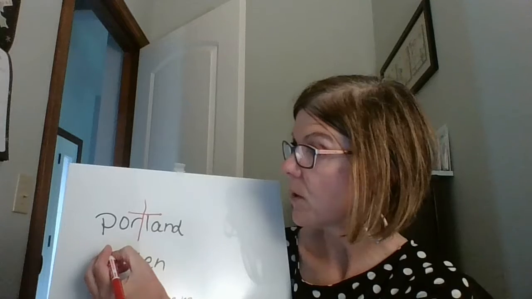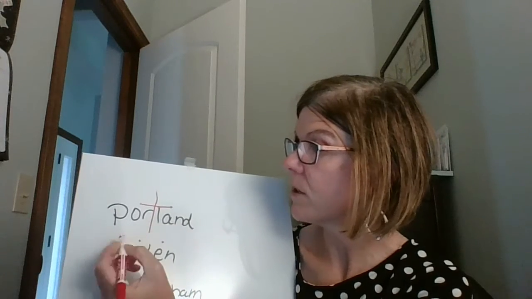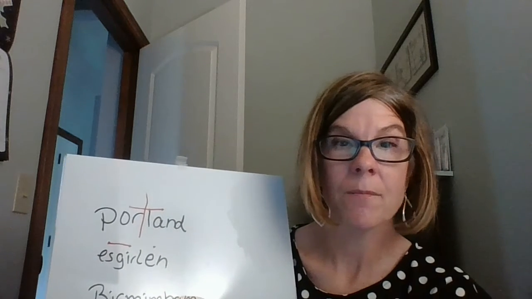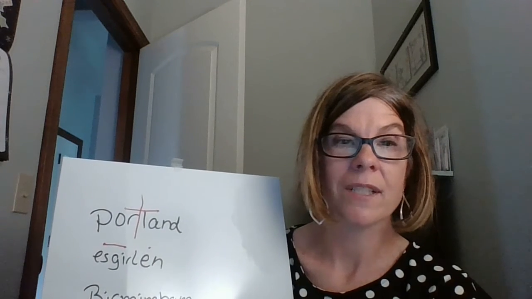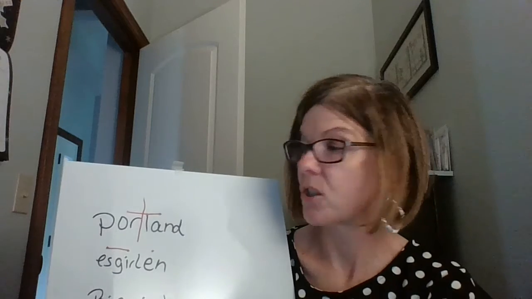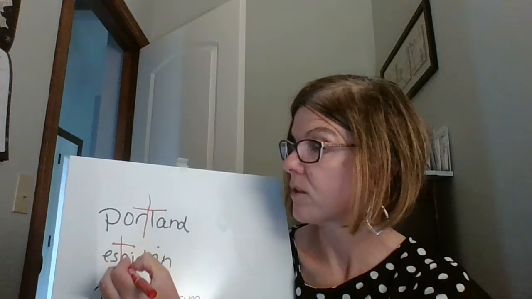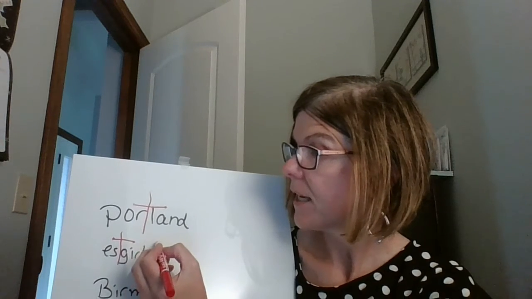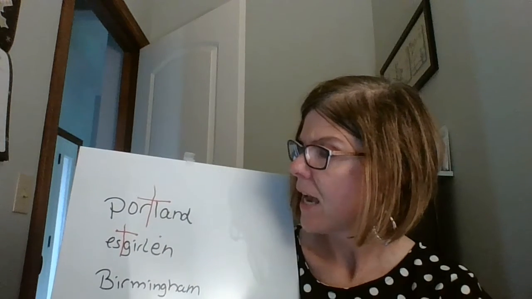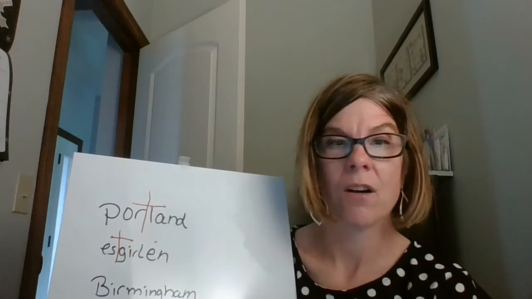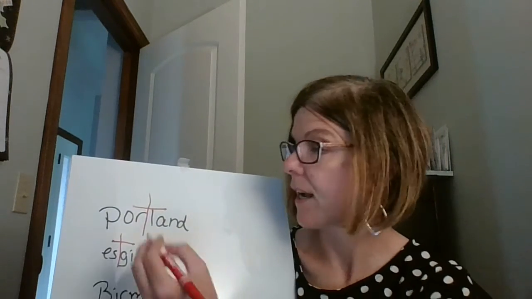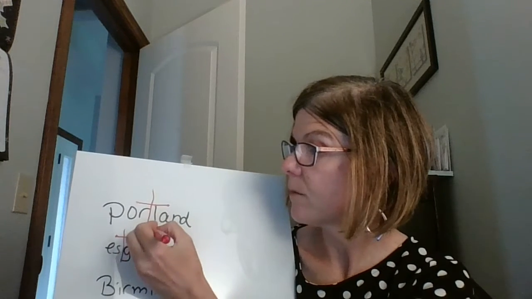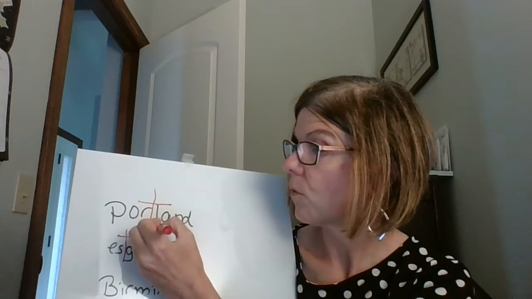So let's look here. We're going to spot and dot three vowels. I have a line between my E and my I. And I know that a word does not end or begin with SG. So I'm going to draw a line here. Now, I have my I and my E, and I do know that I can have a word end in R and L, but not begin with R and L. So I know that I'm going to draw my line right here